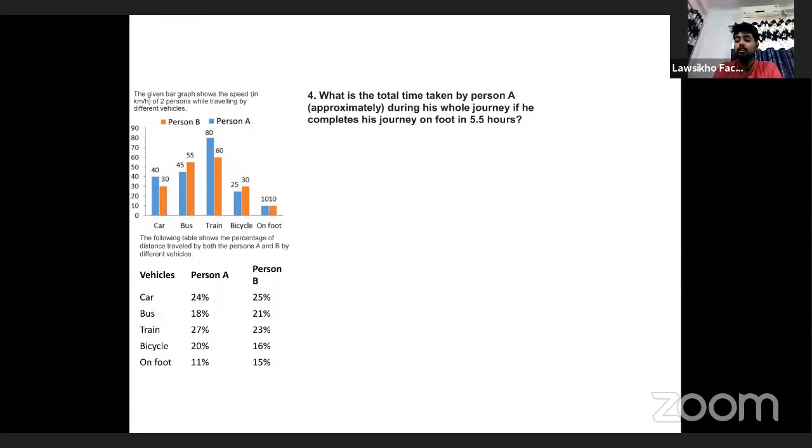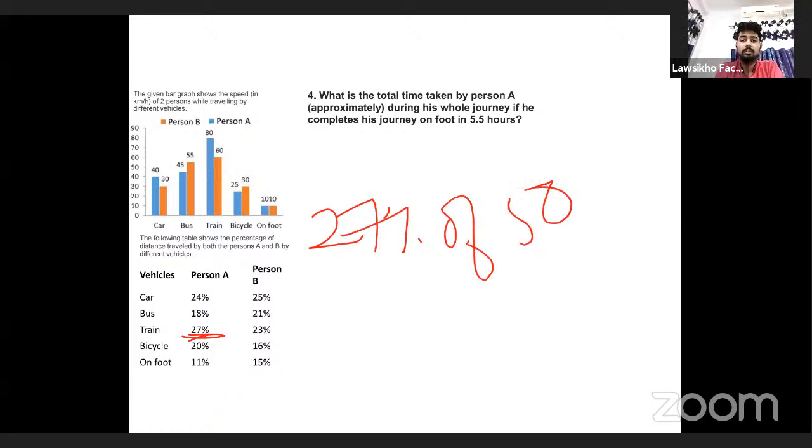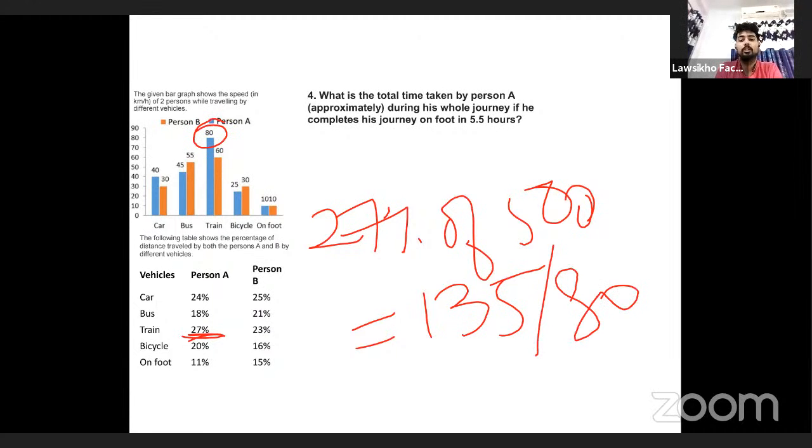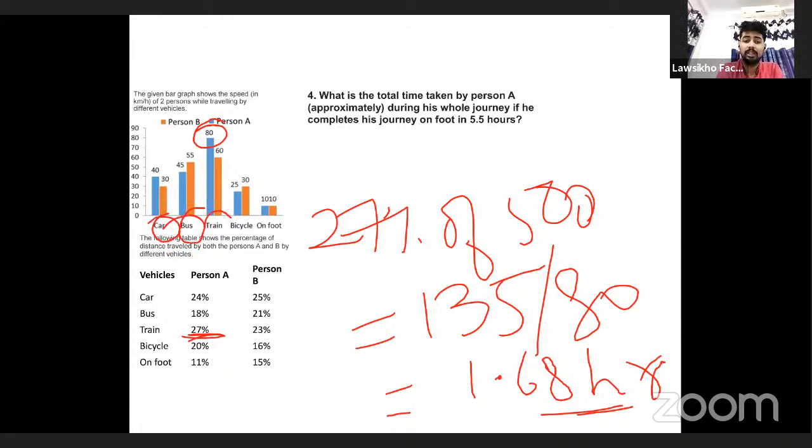इज ट्रेन, ट्रेन का है कितना शेयर? 27%, विच मीन्स 27% ऑफ 500 kilometers, it is nothing but 135, ठीक है, और 135 और स्पीड कितना है इसका? स्पीड इज द हाईएस्ट विच इज 80 किलोमीटर पर आवर, तो इसका आंसर आएगा 1.68 आवर्स, ठीक है, अप्रोक्सीमेटली। तो कार का आया था 3, बस से आया 2, ट्रेन से आया 1.68, अब यू आर लेफ्ट विथ